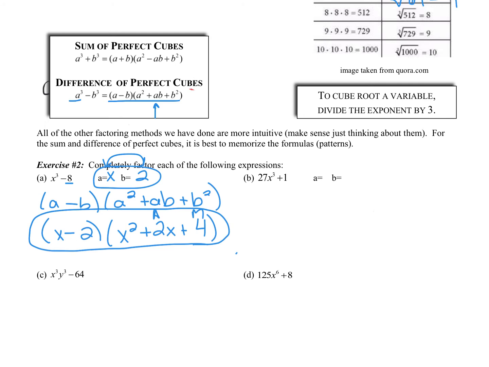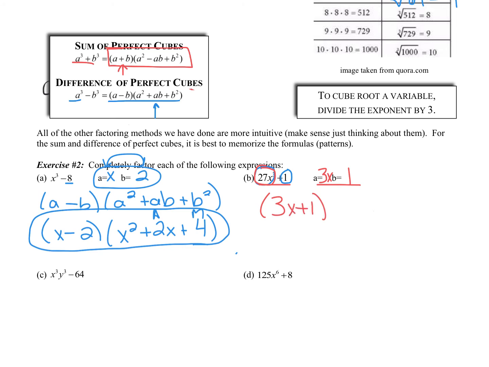Our next one is in the form A cubed plus B cubed. So we're going to use this formula this time. What is cubed in this first term? Well, the cube root of 27, the number times itself 3 times that's 27, is 3. And then we also need an X for that first term. 1 cubed is 1, so the B value is just 1. So I'm going to try to look at the formula this time and just fill stuff in. So for A plus B,